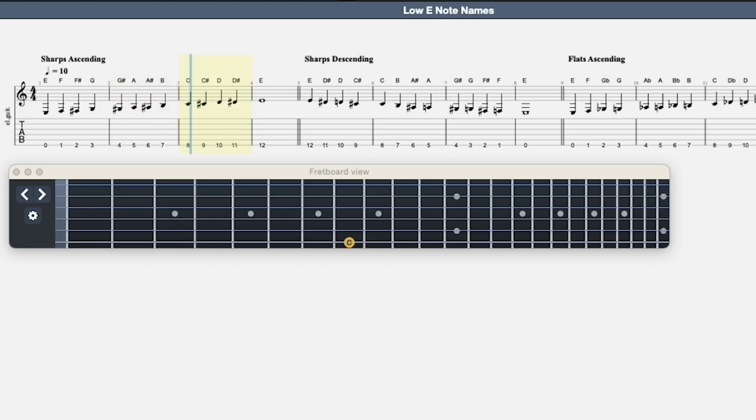1 fret up from C, we're going to have C sharp. 1 fret up from C sharp, we're going to have D. 1 fret up from D is going to be D sharp. 1 fret up from D sharp is going to be our octave. We're back to E again. Okay, and now we're going to go back down the fretboard, descending, and name the sharps, starting on the